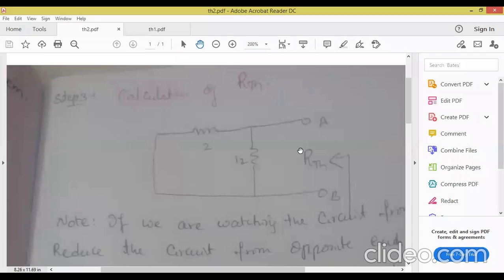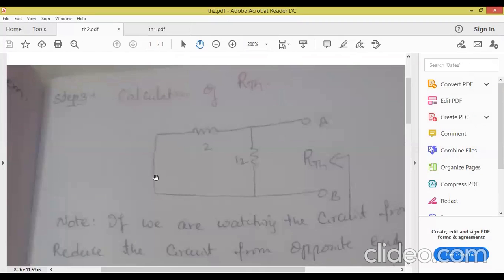Voltage source removal means how to remove the voltage source? Anyone tell me? Replace the voltage source by a copper wire. I have removed the voltage source and placed the copper wire. Yes, Srija, you have raised your hand. Ask the question. Okay, correct. Any student, anywhere, any small doubt, you can ask. Anytime you can ask, because I will be going somewhat fast.